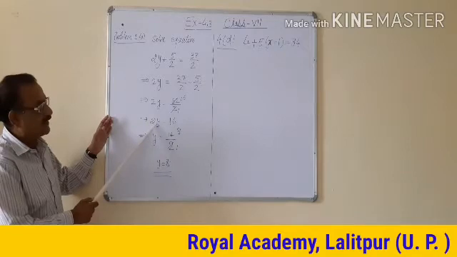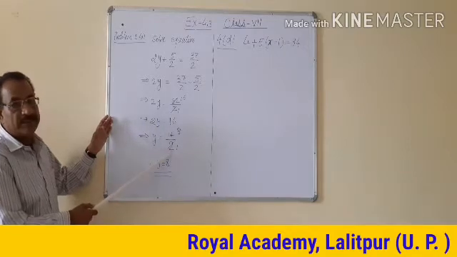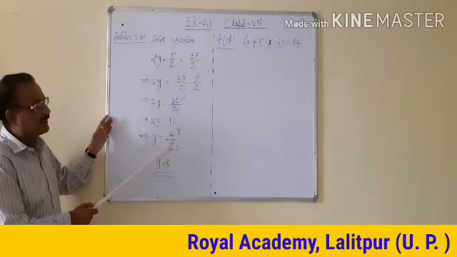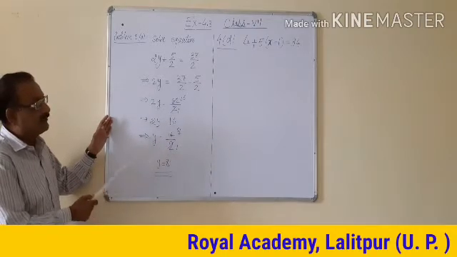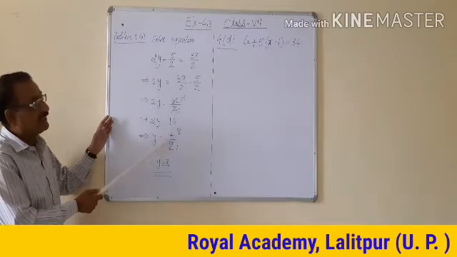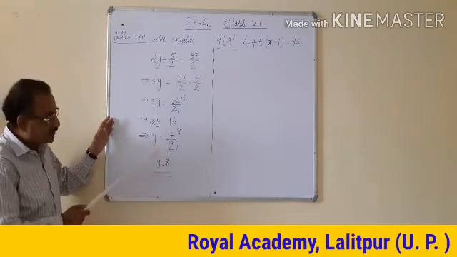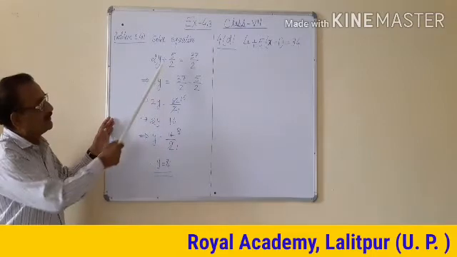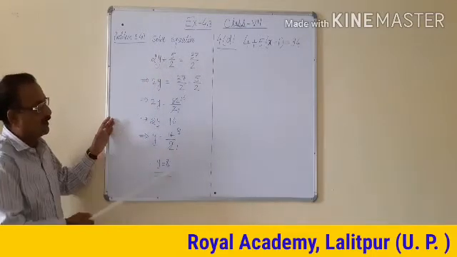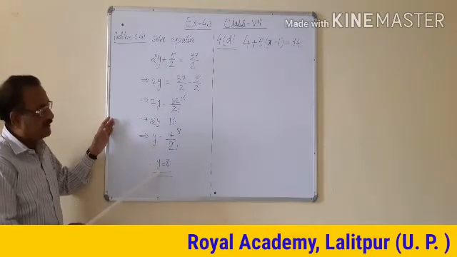Since this was a multiply sign, here it became divide. When we divide 16 by 2, or take the table of 2, it comes 8 times. 2 eights are 16. So y equal to 8, and this is called the solution of this equation. The value of y is here.